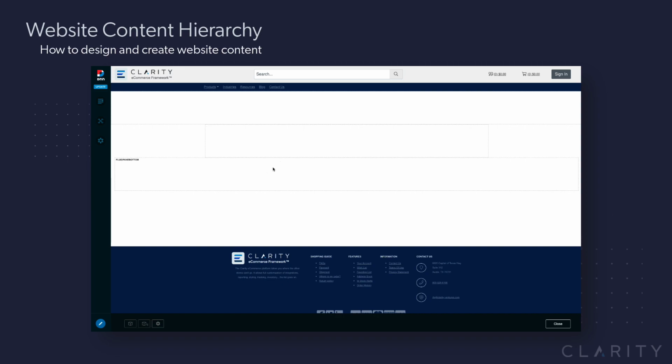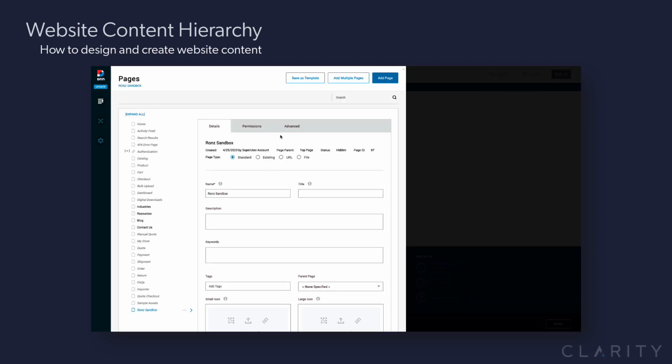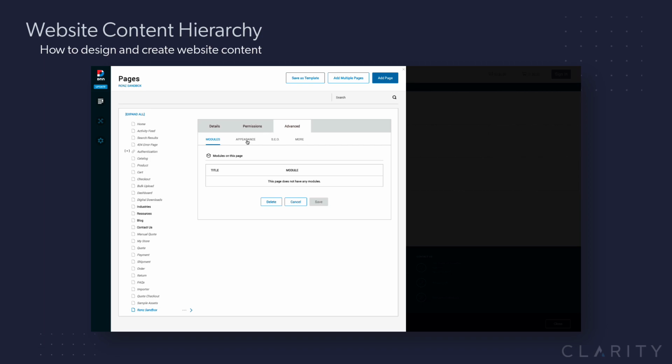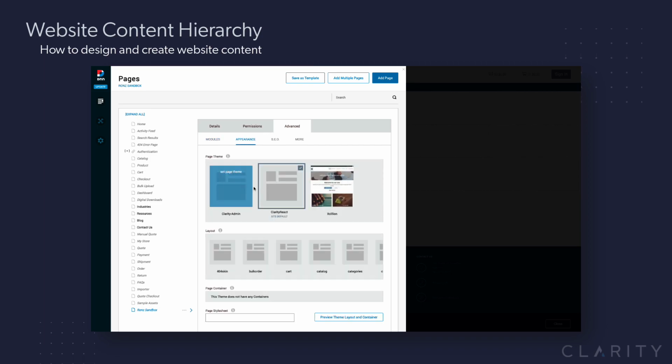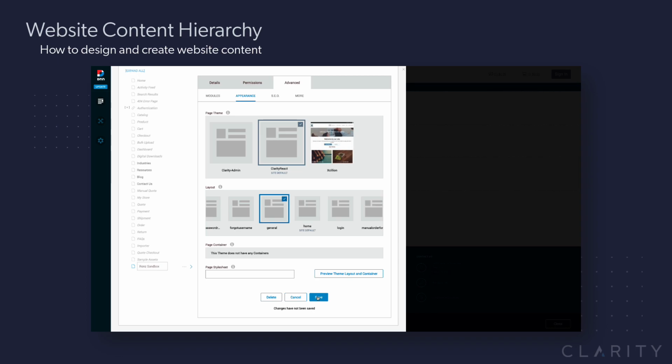I want more options than this in my template. So in order to control that page template and layout, we're going to navigate to the page settings, click on Advanced, Appearance. These are the different themes that are installed. And within each theme, these are all the different page layouts that we have available to us. Right now it's set on the home page, which usually just is a banner, some content, and that's about it. That's why that's the home page banner. I'm going to pick General. I'm going to click Save,